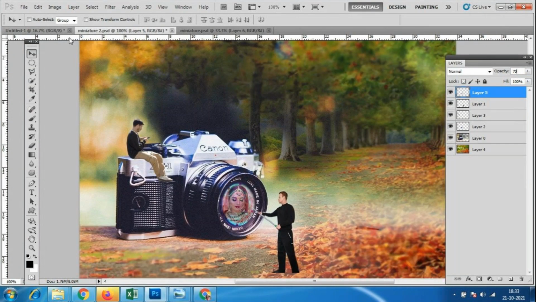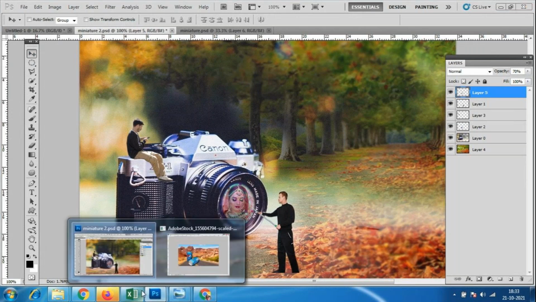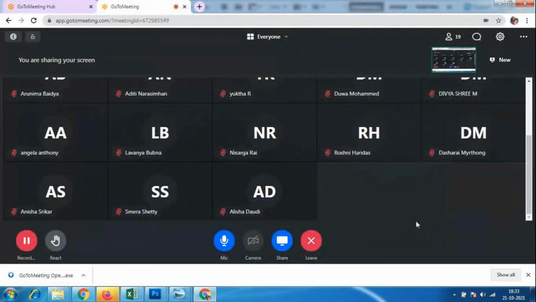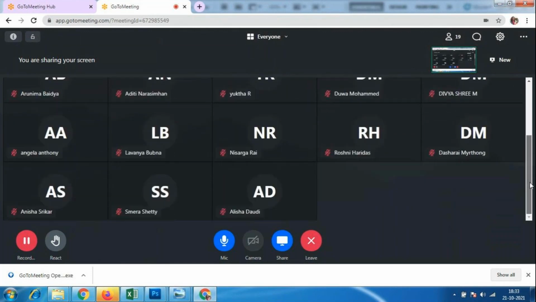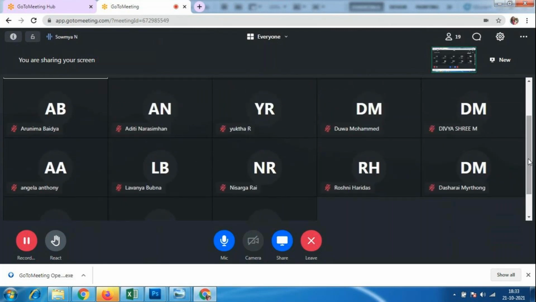Okay, is that okay, everybody? Anybody having any doubt? Okay, nobody having any doubt. That means I can ask some questions. Roshni, Haridas, Dasha Hari, what are the tools we are using for doing the miniature things? Nisarga Rai, anybody can tell me what are the tools we are using to make miniature collage work?